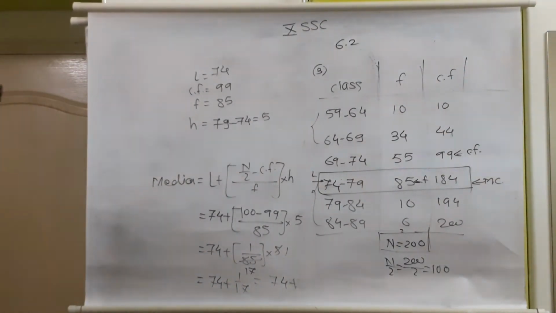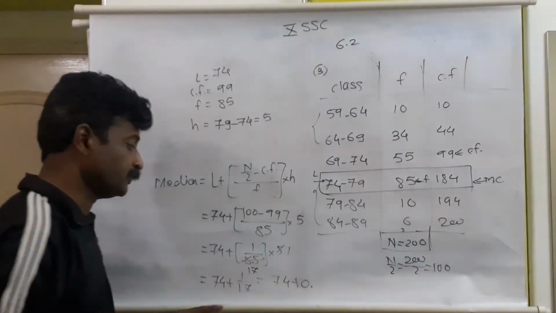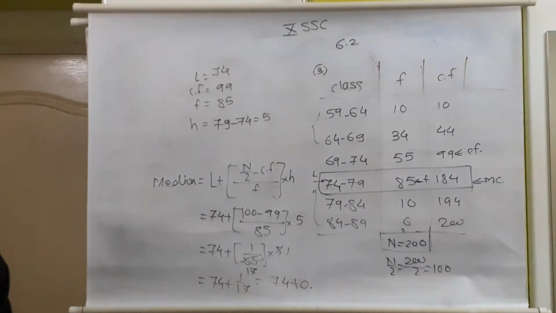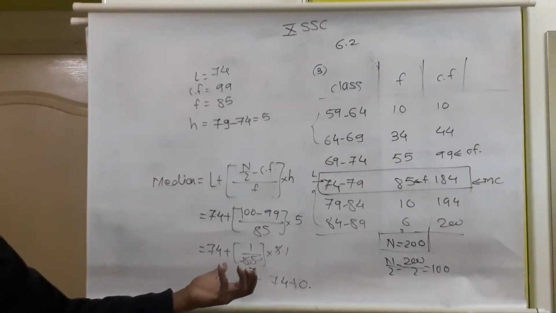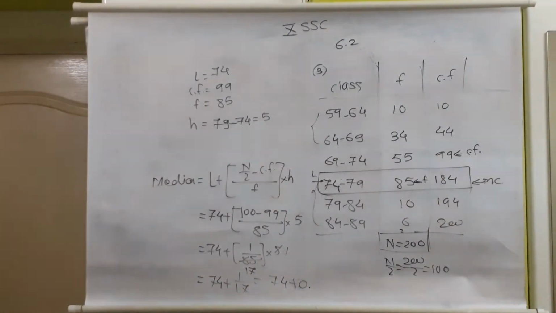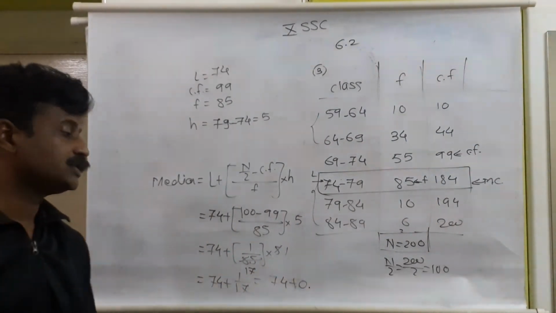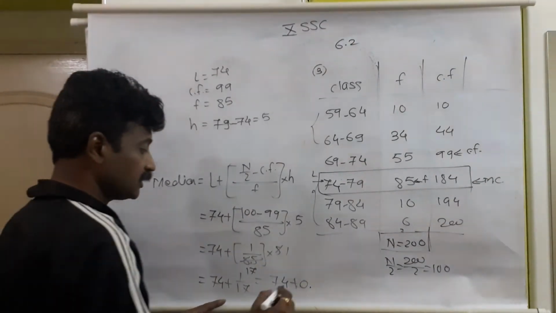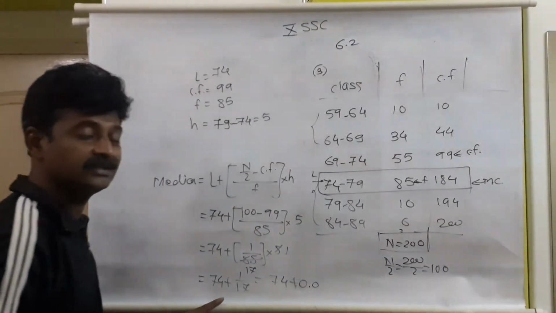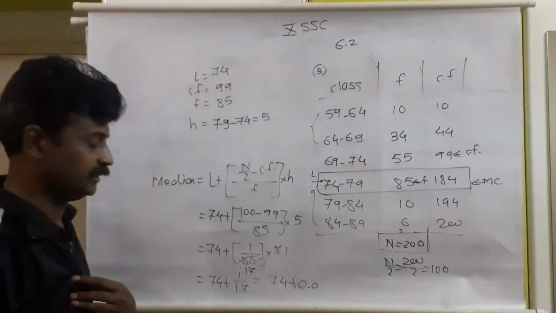If we divide 1 by 17, it will give 0.1 divided by 17. So 0, because 1 is smaller than 17. So 1, because of the decimal point, we will convert into 10. Again 10 is smaller than 17, so we need to consider 0. 10 will convert into 100. 100 upon 17.